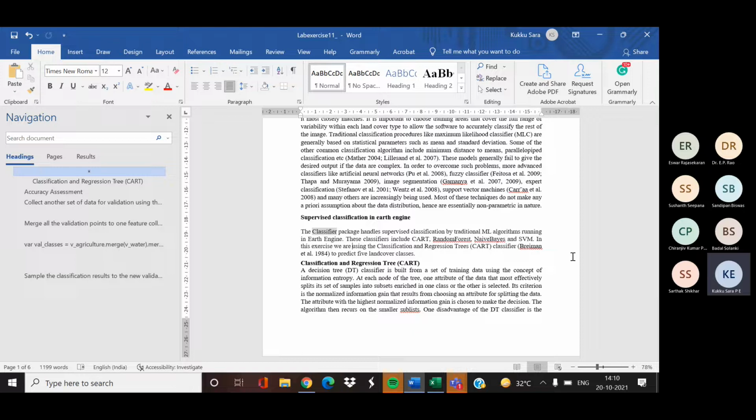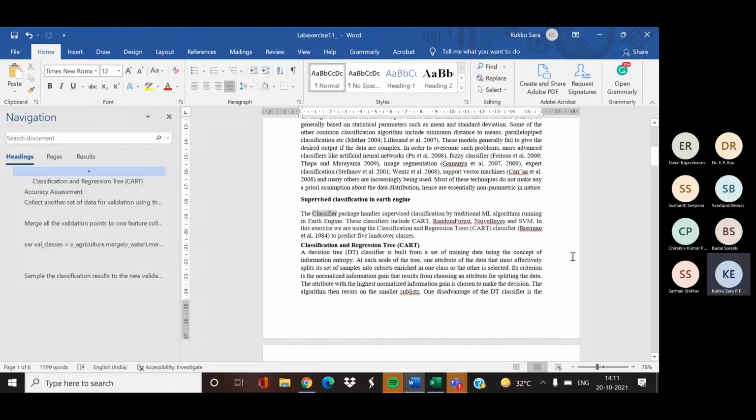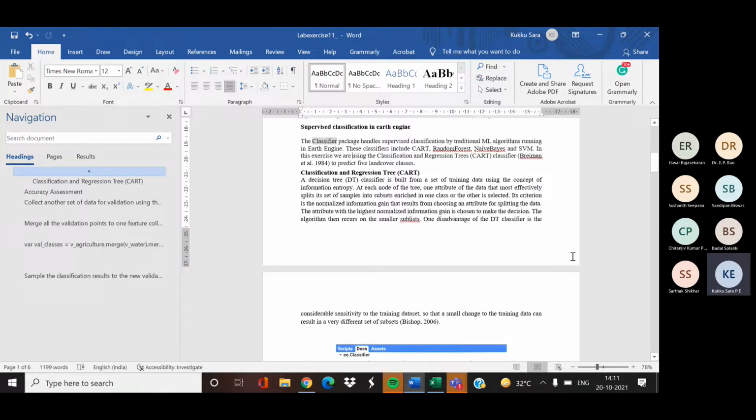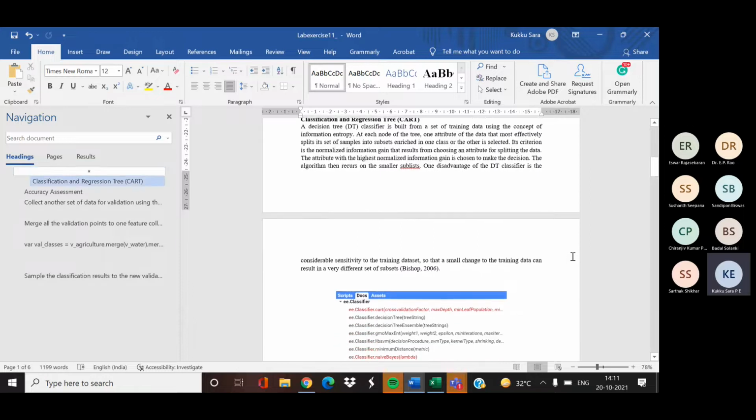For each parameter, it will calculate the information index, and whichever has the highest information gain is good for splitting, and will be used for splitting the data into different branches, like a tree. The final node of the decision tree is our output, that is, which class the data belongs to, like agriculture, urban, water body, etc. That is the basic idea. Today's lab, we are going to use the classification and regression tree algorithm.